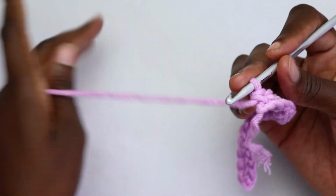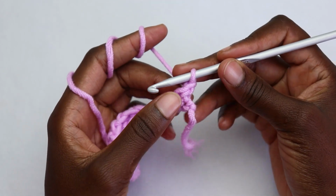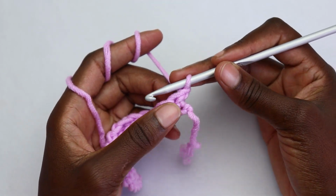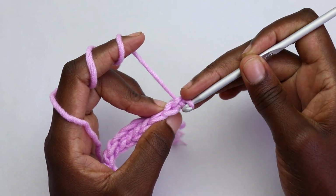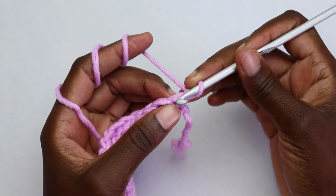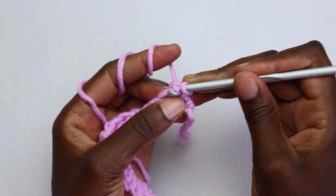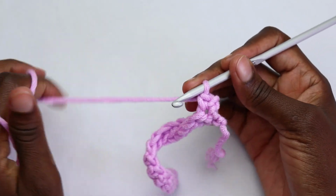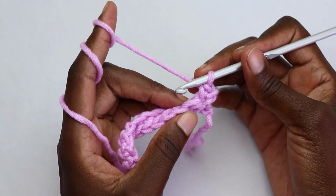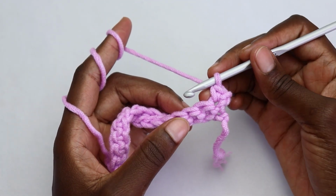So you're going to chain 1 for row 2 and turn your work, and then we're going to start by working 1 single crochet in the very first stitch. So going through both these 2 loops at the top, going to insert your hook, yarn over, pull through, then yarn over, pull through the 2 loops. So that's your first single crochet stitch. Then in the next stitch you're going to skip it,